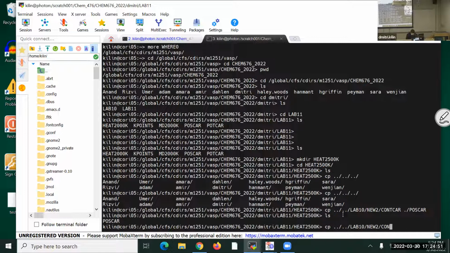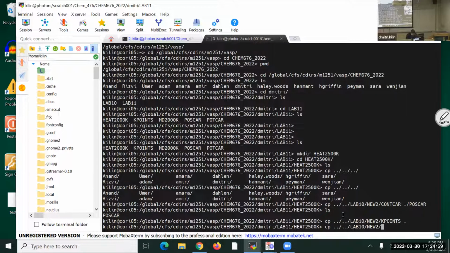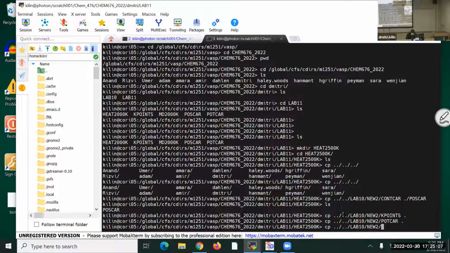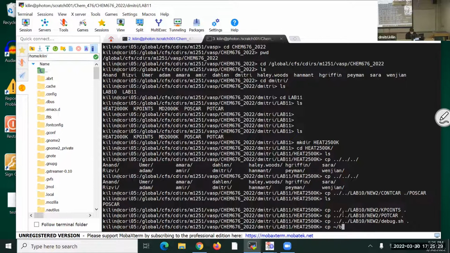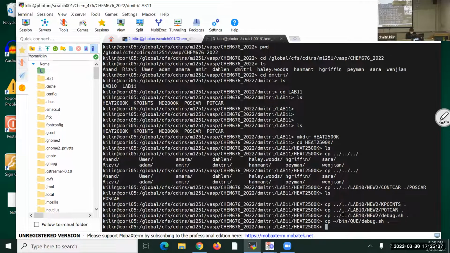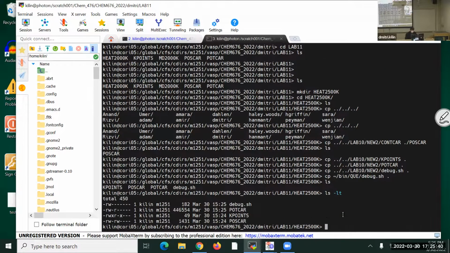In addition to POSCAR, I need other 4 files, key points here, potentials, POSCAR into here, and I will need INCAR, but this INCAR that tells what to do is very different. I do not want to borrow the old one. And then I also want to borrow the script for the submission job. I can borrow it either from my previous directory, or from the prompt. They should be the same. Copy here. Now I do have 4 files, and in order to run VASP, I am missing the most important